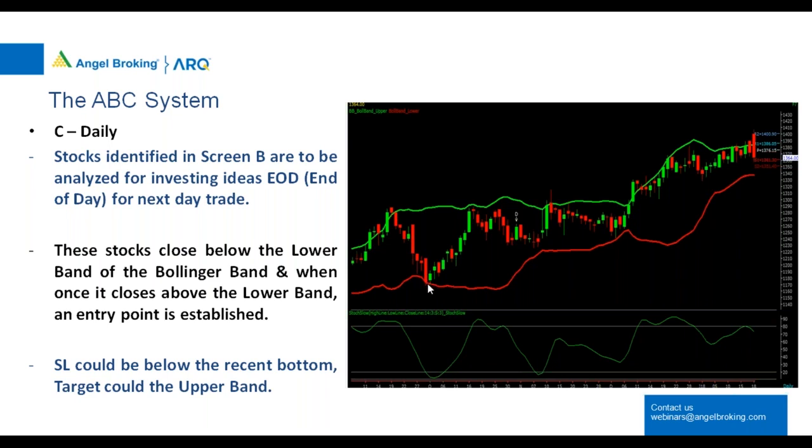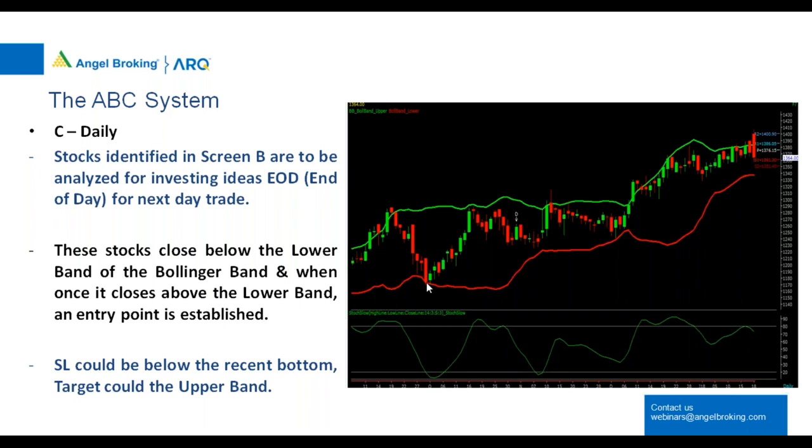You can see here that the stock closes below the red band, and the next day the stock closes above the red band. And you're finding that this is in oversold territory, since it is below 20. Some people use 30/70. I'm suggesting 20/80 because that gives you tighter parameters. So what we are seeing here is that on this day, Hindustan Unilever closed below the red band, and the next day, Hindustan Unilever closes above the band.